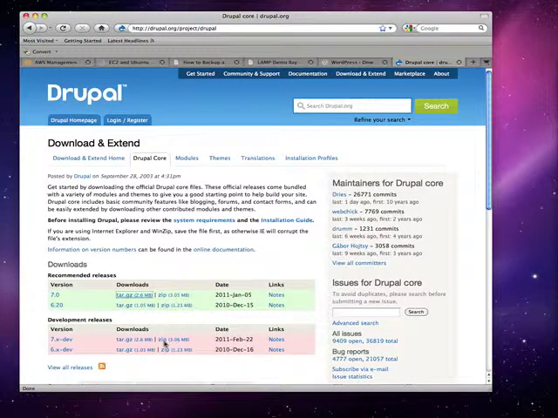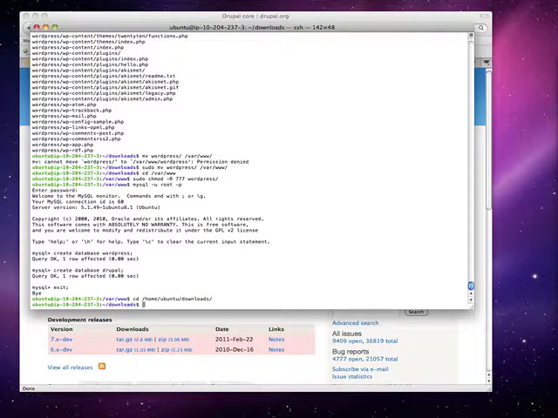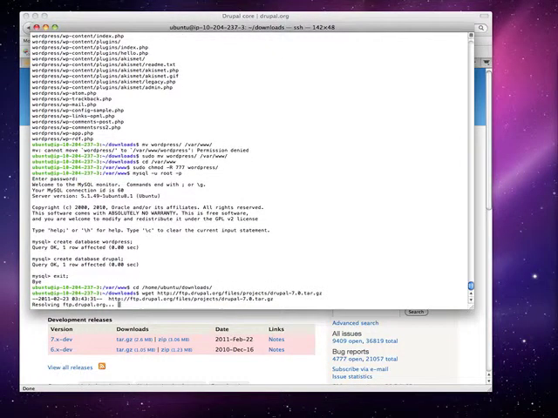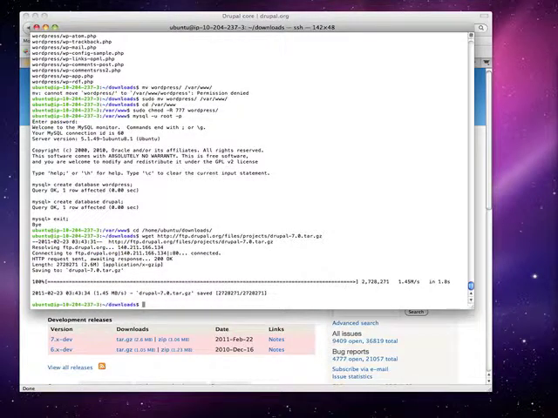Copy link location. I'm going to cd and wget. Downloading Drupal in the downloads folder. tar xvzf.